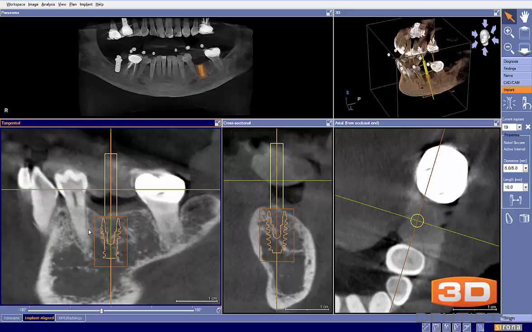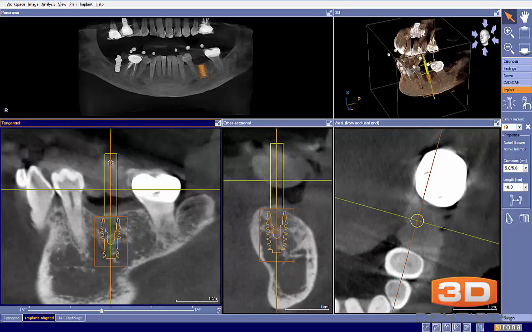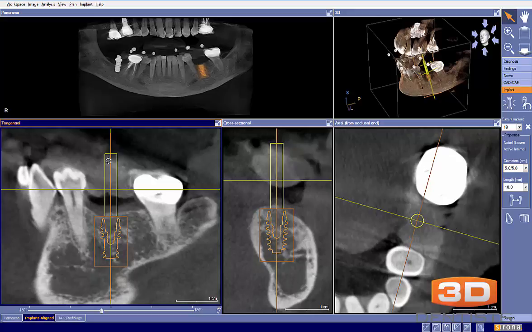I don't like this much space between right here and here. My concern on something like this is building my tooth. It's going to be a bigger space right in here. So what I will probably do here is go a little bit more distal, like so, to get that a little bit better centered, and then tilt it back there. And now when I place my implant,